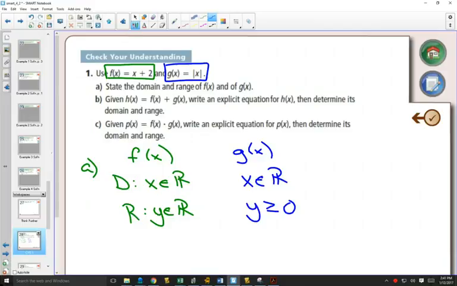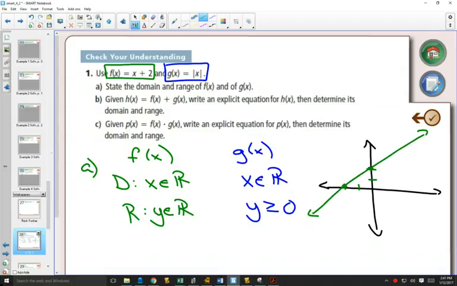Now off to the side here, I'm going to graph both of those, just so that we can see what the graphs look like. F of x equals x plus 2 would have a y-intercept of 2, a slope of 1, would look like this. And our blue graph, the absolute value graph, would look like that. So if h of x is adding those together,